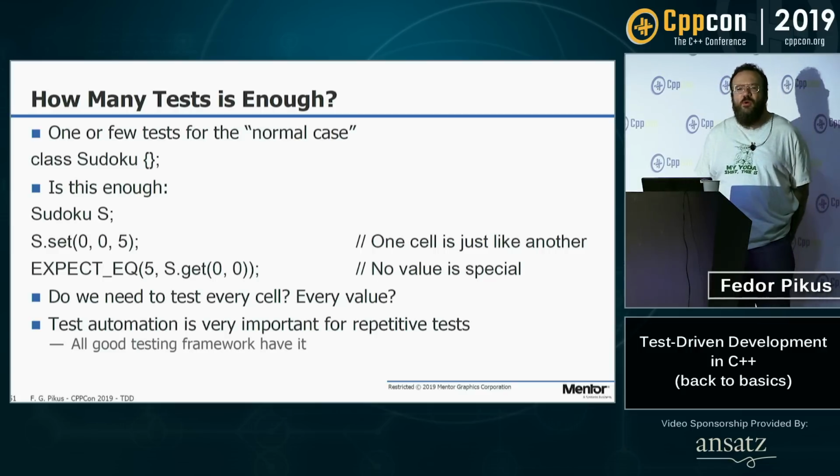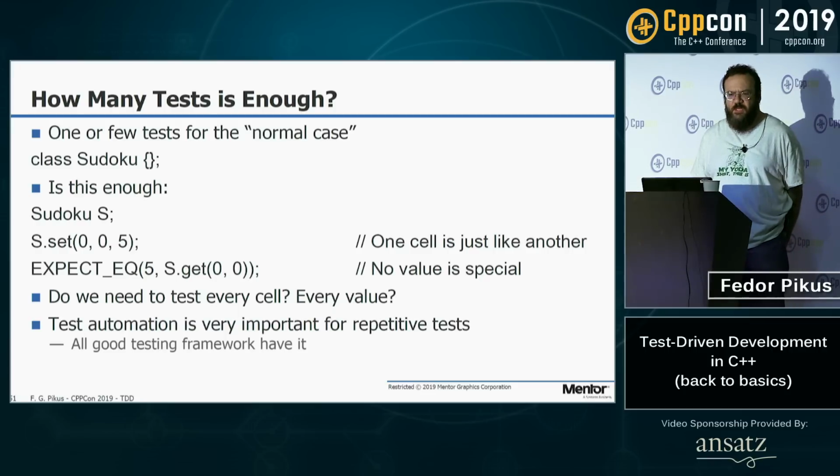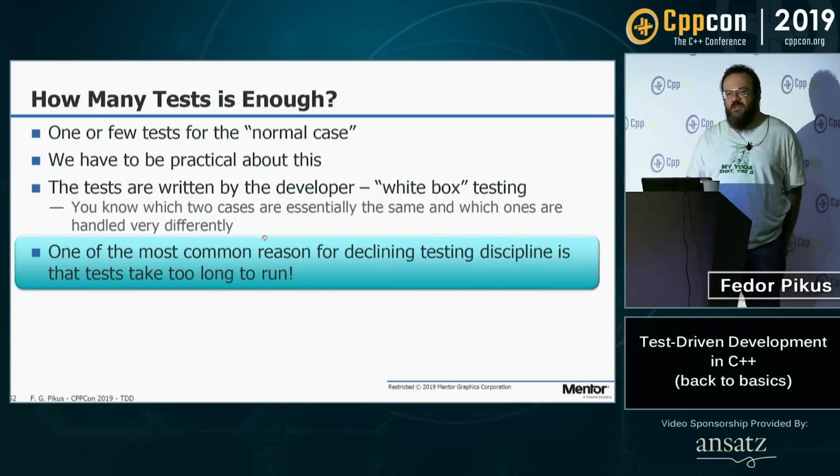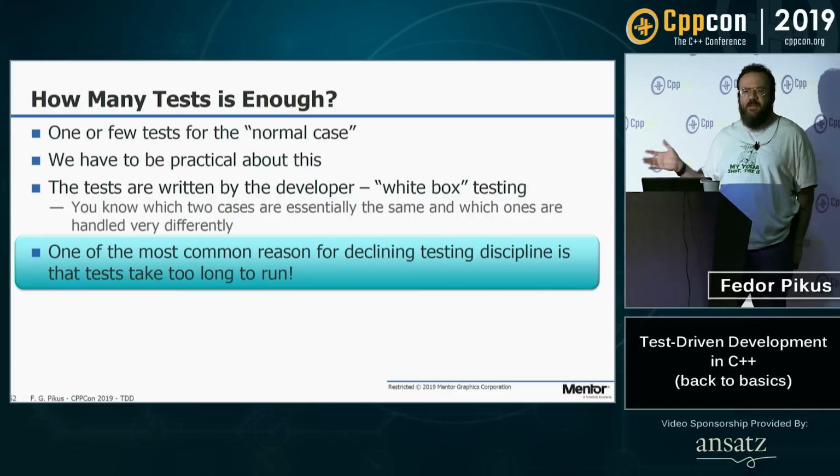What's a special case? What's a normal case? Well, you have a benefit. It's white box testing. You have a benefit of knowledge. So for example, for our Sudoku puzzle, setting the value of 5 or the value of 3, it's all the same. It's an assignment of some integer. No value is special. So you probably don't need to test every value, at least every valid value. You may need to test multiple cells. You can automate. For something like a Sudoku puzzle, you can do all 9 by 9 cells. For a bigger program, you can't have complete coverage.